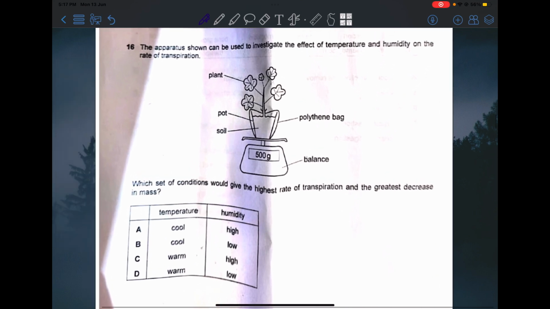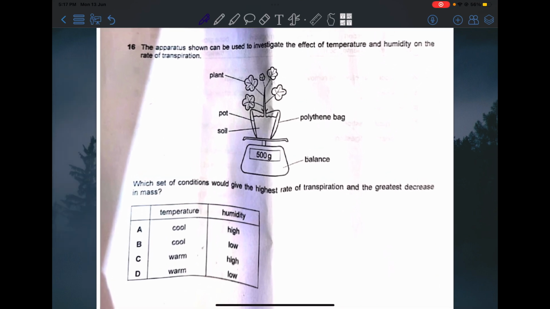The apparatus shown can be used to investigate the effect of temperature and humidity on the rate of transpiration. Which set of conditions would give the highest rate of transpiration and the greatest decrease in mass? Now, if there is a high transpiration rate, then there will automatically be a great decrease in the mass, because transpiration is the loss of water vapor. So, of course, we know that transpiration is the highest in high temperatures and low humidity, because high humidity will decrease the transpiration. So, it's going to be D because